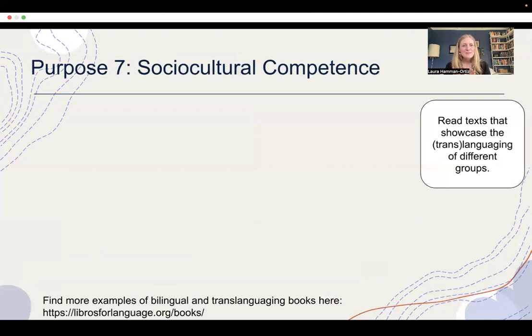All right, purpose 7, sociocultural competence. This is a purpose that really gets at using translanguaging as a way for students to develop an understanding of their own cultural group and other cultural groups. So, thinking about what culture is and the way in which different people live their lives, how we live cultural lives, and gaining that cross-cultural understanding and awareness